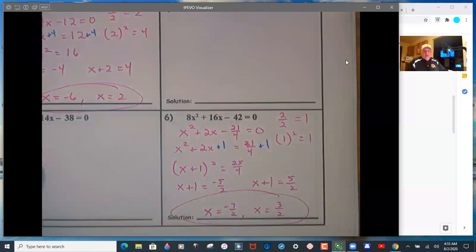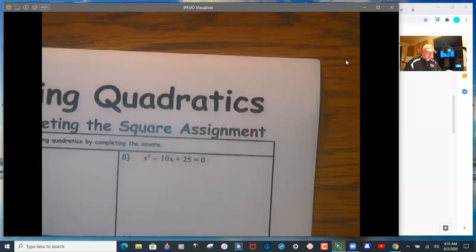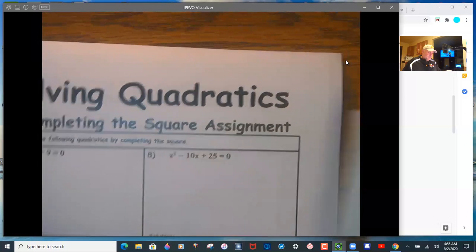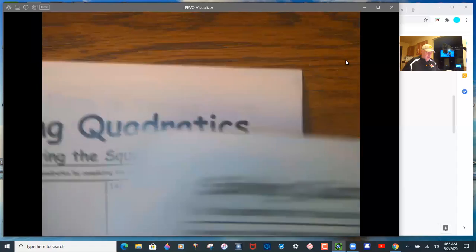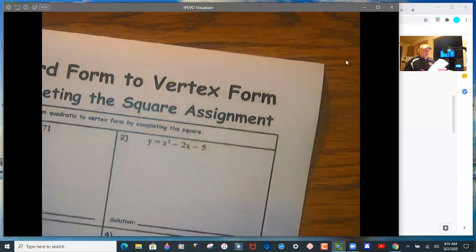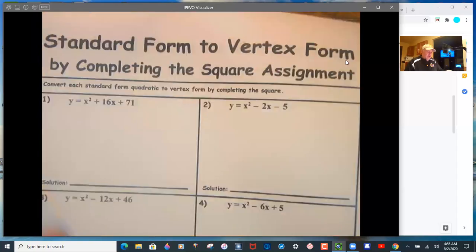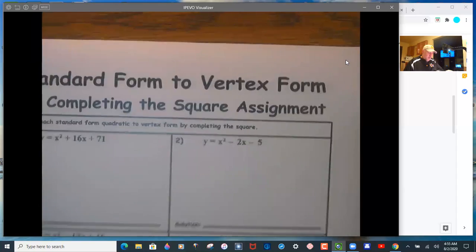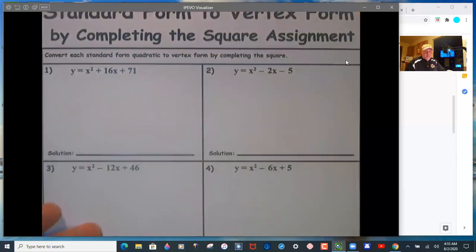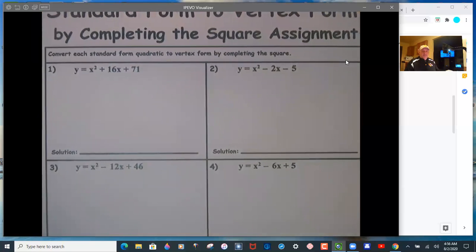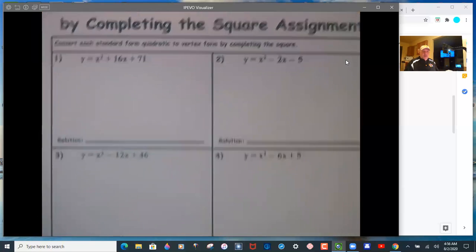So there's some more difficult ones in completing the square. You have the others to do through 12. Now I'm going to jump up to, actually, through 18. Might make this a couple of days. Next, taking things from the standard form to the vertex form. And the steps are very much the same as the steps that we had with completing